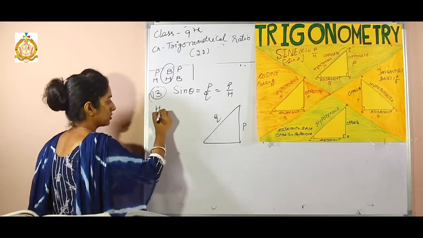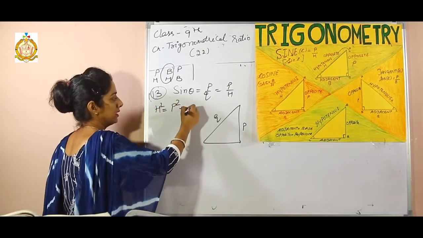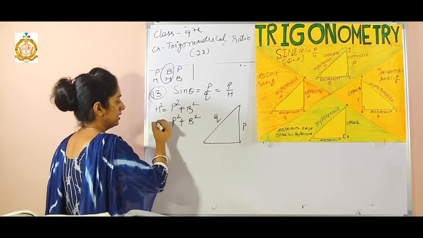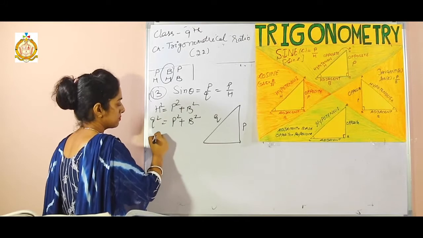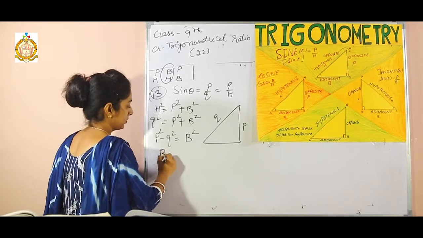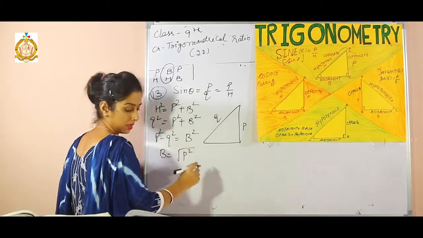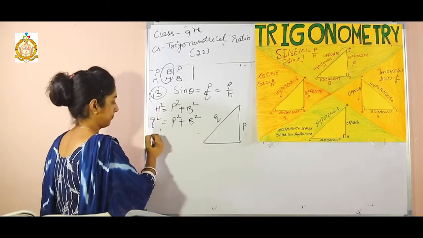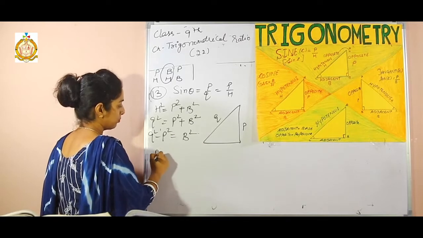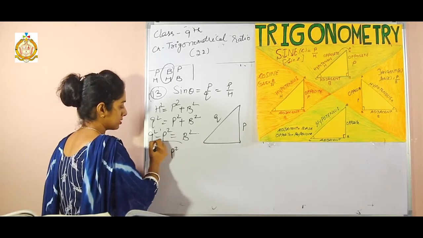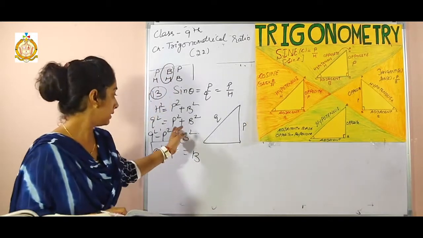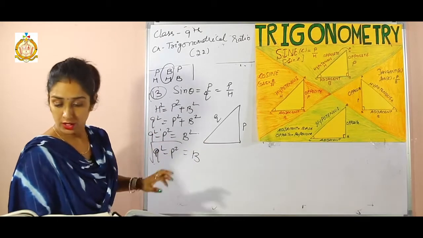Base. H square is equal to P square plus B square. Now B I don't have, and H is Q. So Q square minus P square is equal to B square. So the square root of Q square minus P square is equal to B. Right? Now further you have to find,